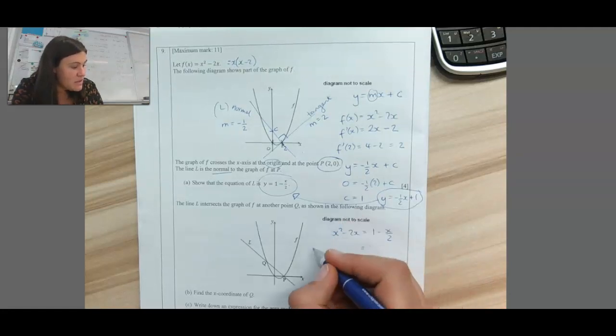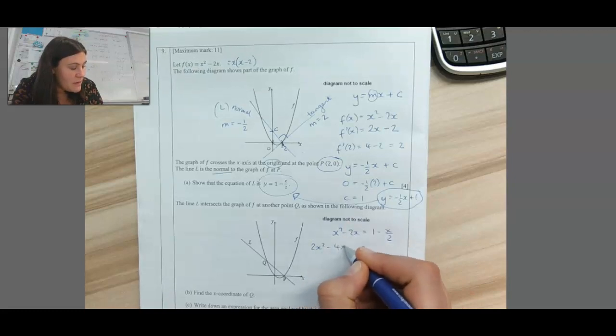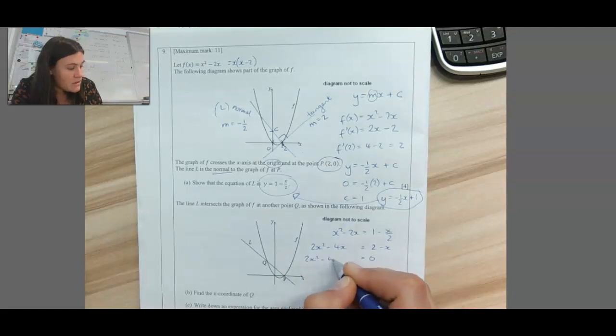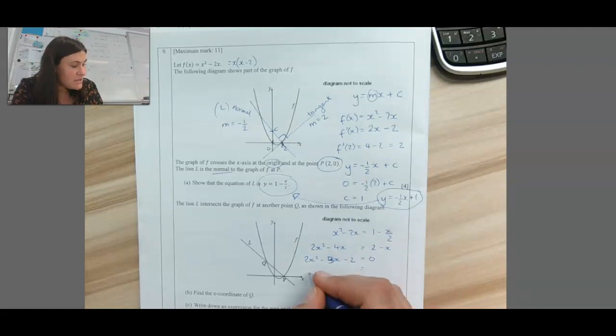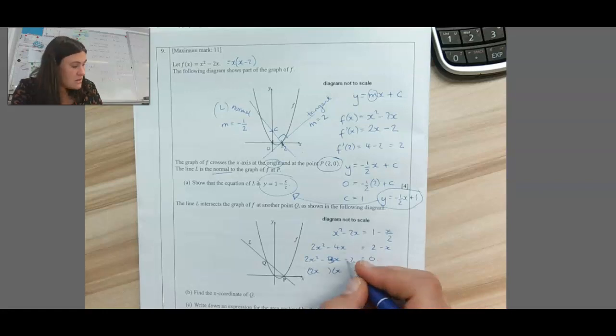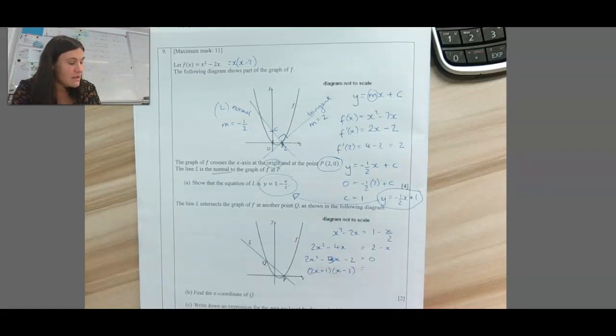So I'm going to multiply everything up by 2. 2x squared minus 4x equals 2 minus x. Bring everything over to one side to get it in how we'd normally see a quadratic. So I'm going to add on x there, I take off the 2. This factorizes nicely. 2x squared minus 3x minus 2 factorizes to 2x plus 1 and x minus 1. So my solutions there are x equals 1 or x equals minus a half,